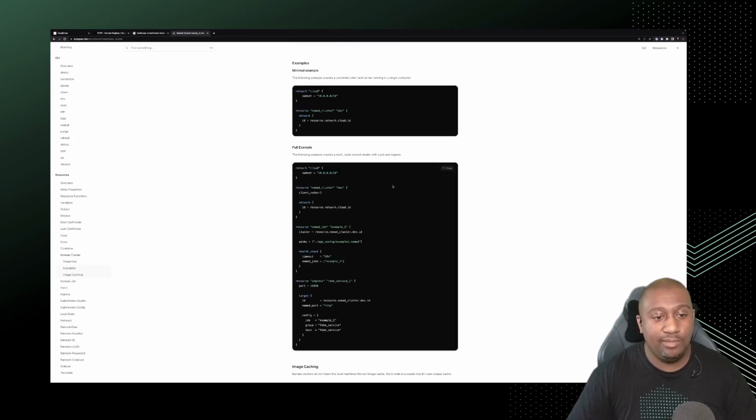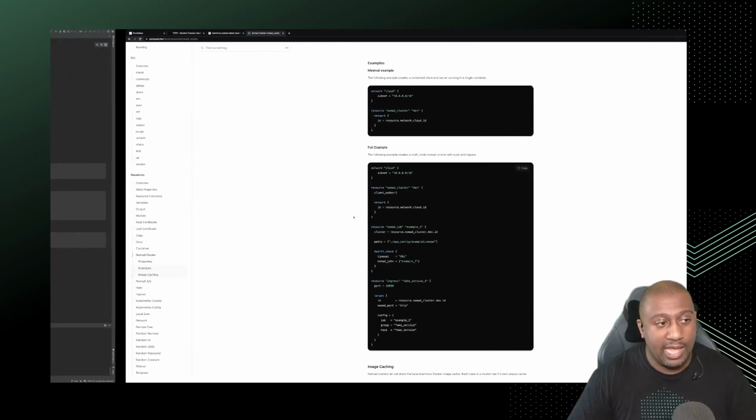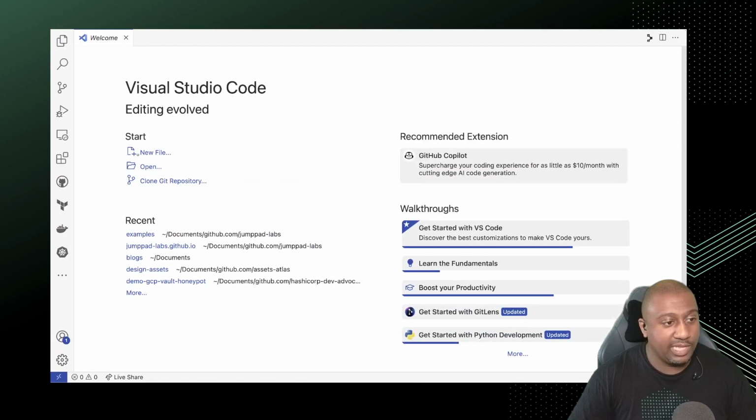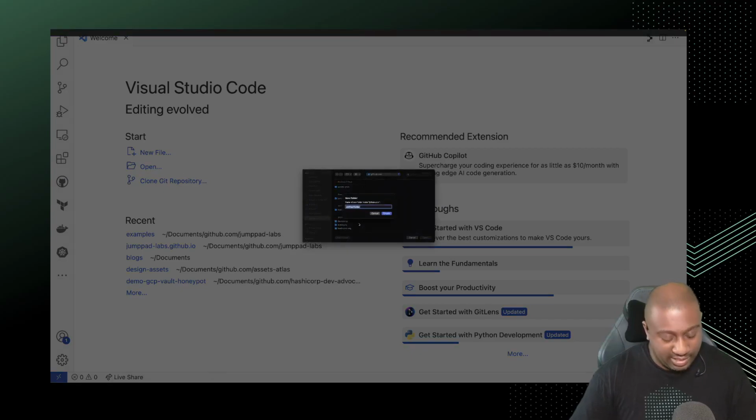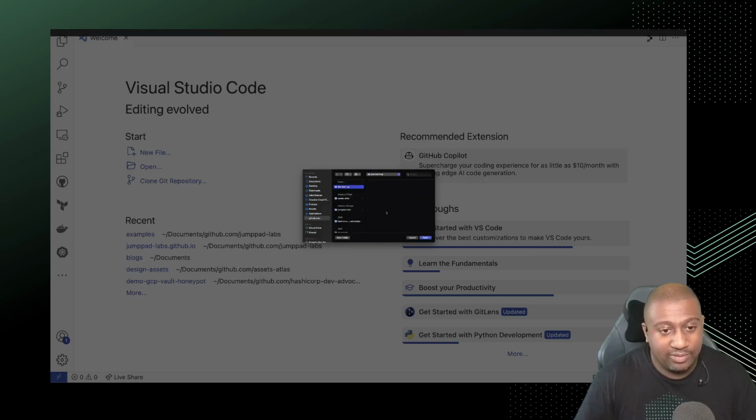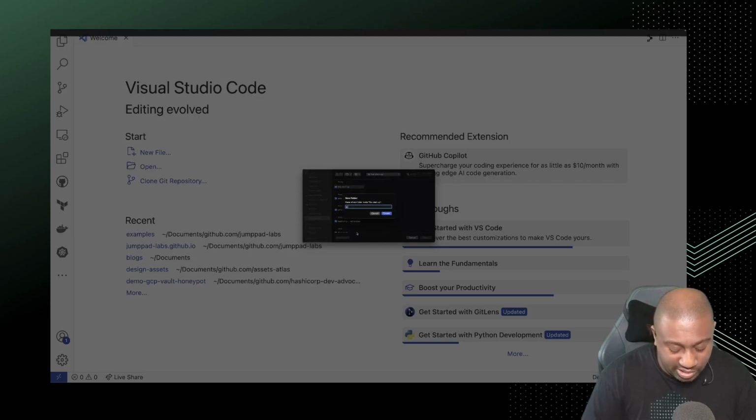So I'm literally going to copy this, and let's see if we can find ourselves a terminal. So we'll open a new workspace. Here, we'll create a folder called, let's do it lowercase, the startup. And inside here, we're going to create another folder, and this is going to be called Jumppad